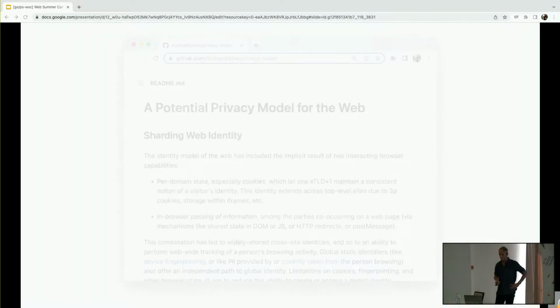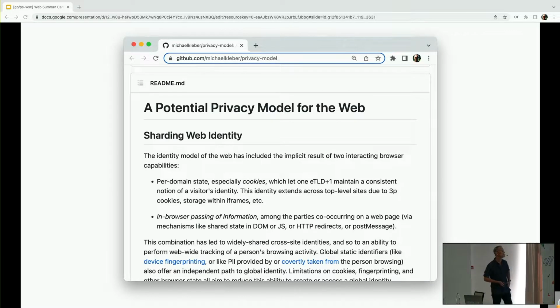and can continue this work to mitigate other types of tracking. So the core set of principles for the initiative I'm talking about is this document, which is a potential privacy model for the web. It was developed by privacy experts and computer scientists from Google, with lots of feedback from elsewhere.